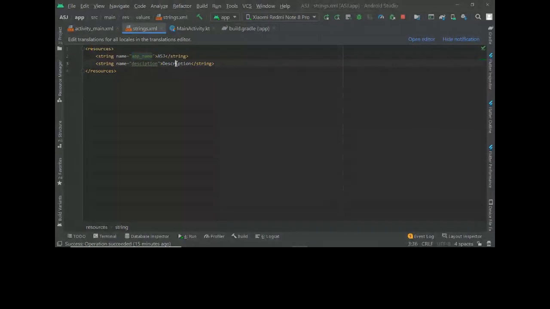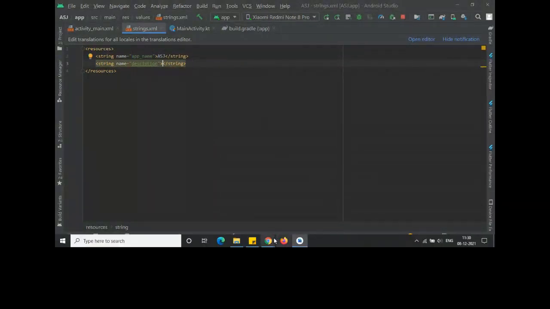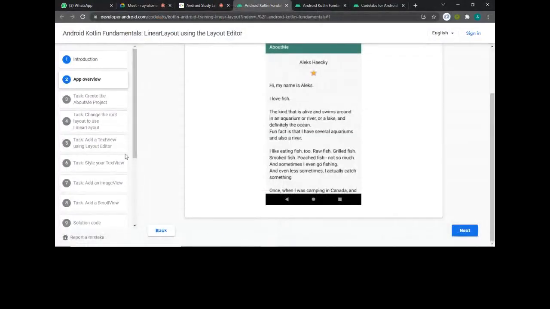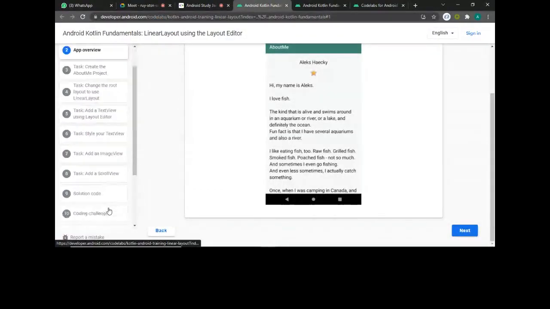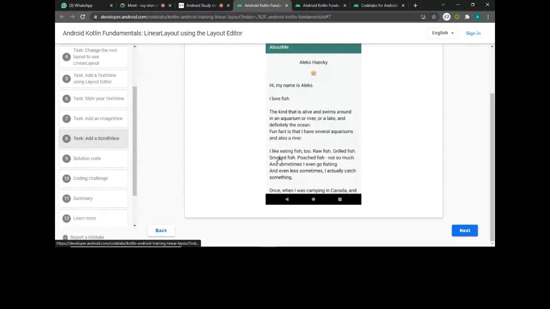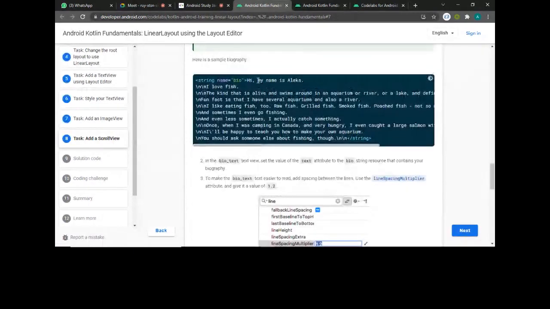Now instead of description, let's add some very big string. Like this whole thing. Just copy that.